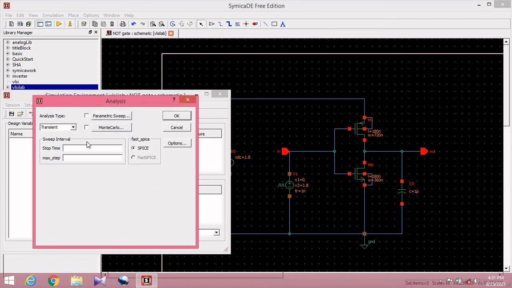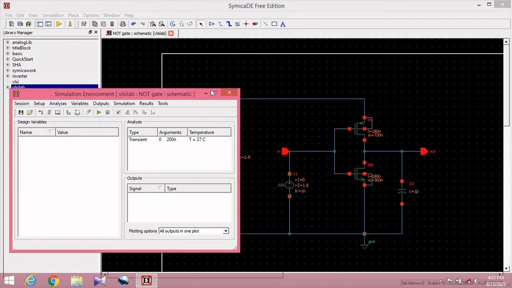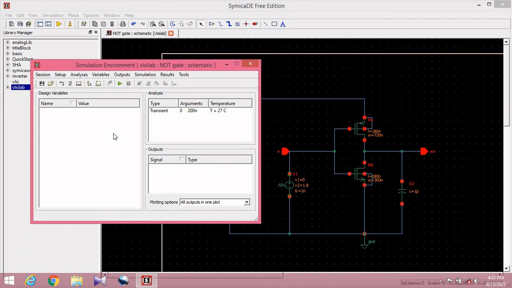Here I have to perform transient analysis. If you want, you can do DC, AC, noise, SP, any analysis. So stop time, since the time period is 100 nano, we will select 200 nano here, and maximum step is 10 nano. Okay, so we have fixed the time for simulation.